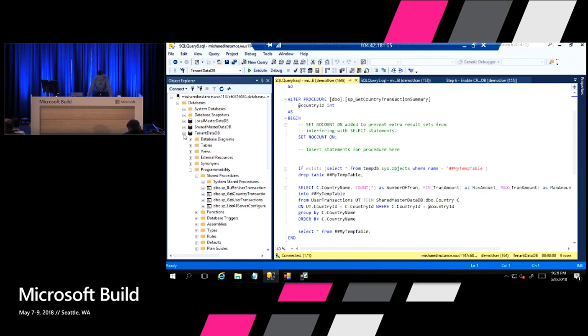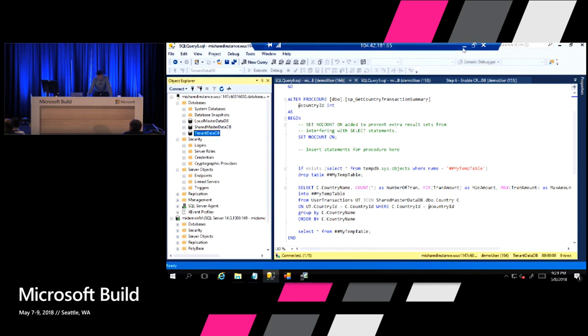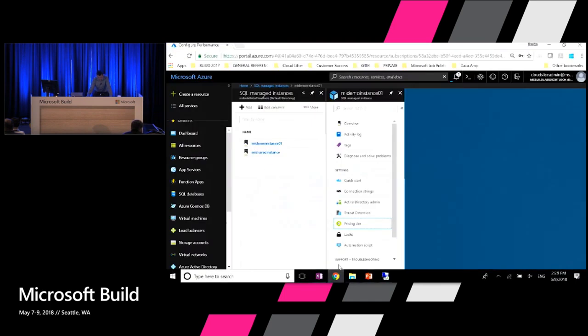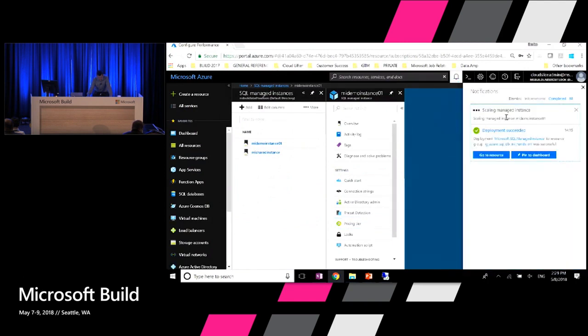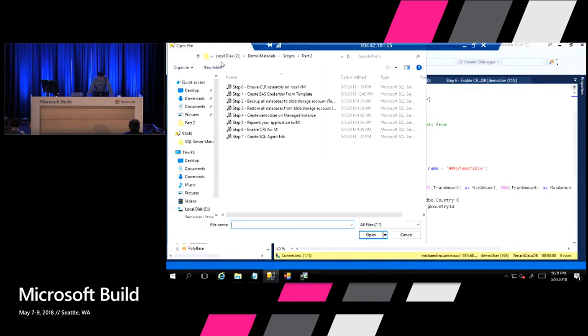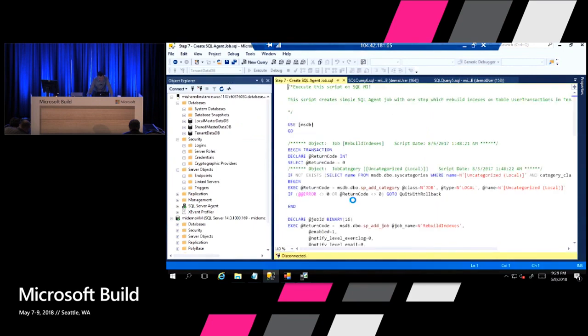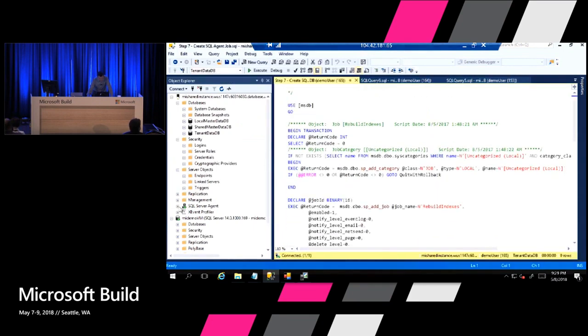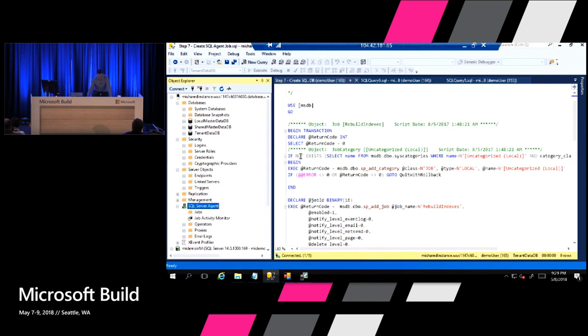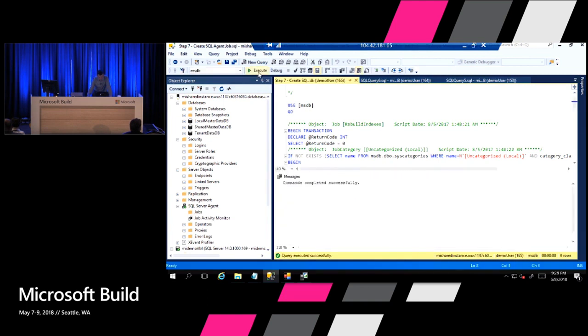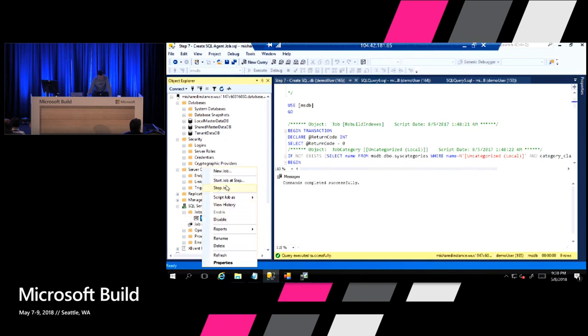But I would stop here because we are approaching the end of this session. The last thing that I want to show, okay, this guy is about to complete. It typically takes 4 to 5 minutes. But as a last step, managed instance comes with an instance of Agent that is also highly available and automatically deployed. So I can just quickly execute this script, and it will create a job, and I can run my job